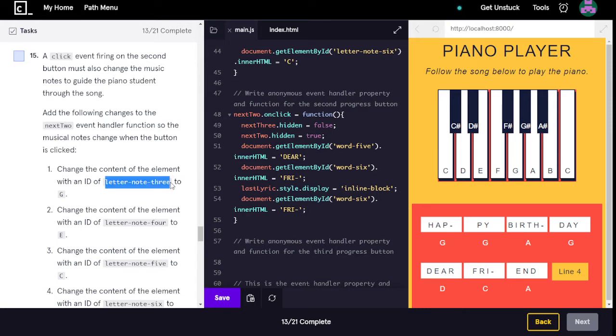This time the ID is letterNote3. The innerHTML is G,